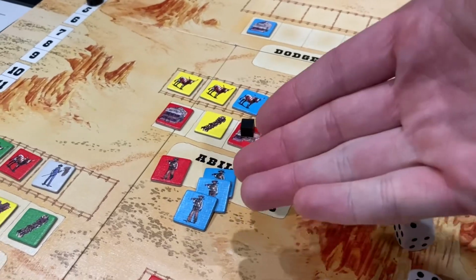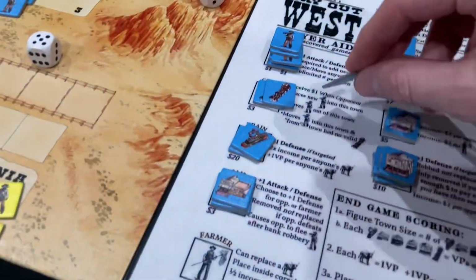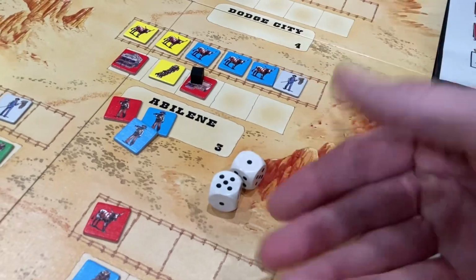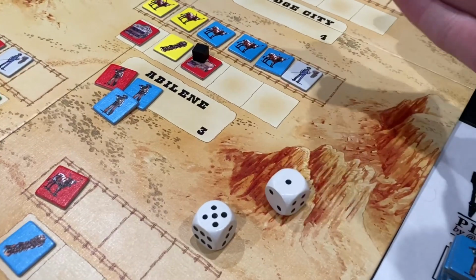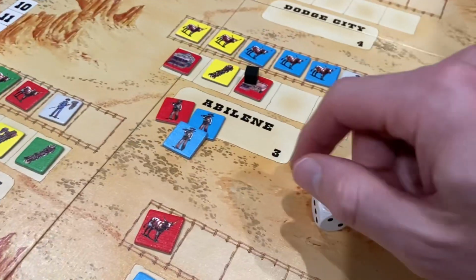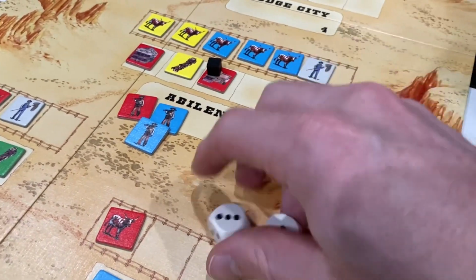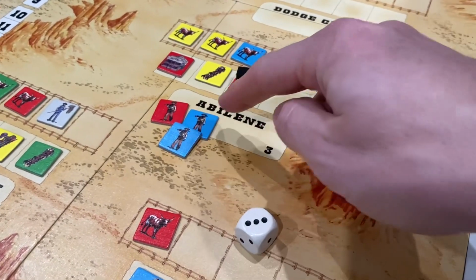Now it goes to their turn. They roll 2 dice. They roll a 5. There goes another one of my cowboys. They roll a 1. Then it goes back to me. Now I only get to roll 2. I roll a 1 and I roll a 3. Nothing happens. Then it goes to my opponent. They have to roll 2 again. So you just keep going back and forth until one player runs out of strength, at which point the gunfight